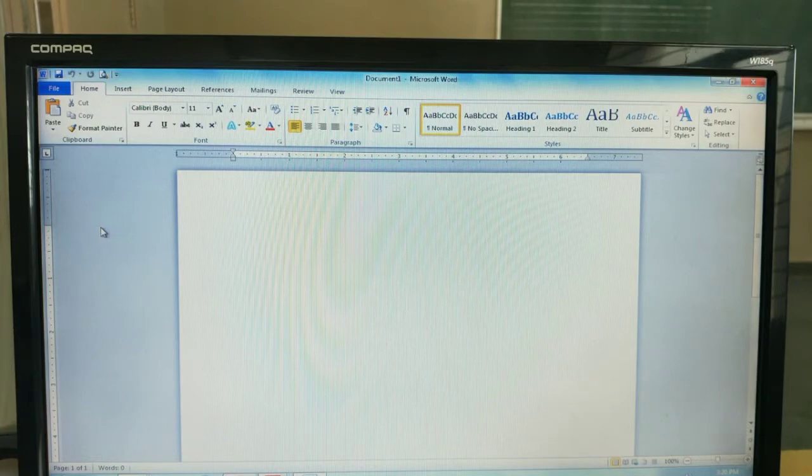And in the last class we discussed save as. You already know that save as is used to make another copy without disturbing the main copy. So that is the save as command.